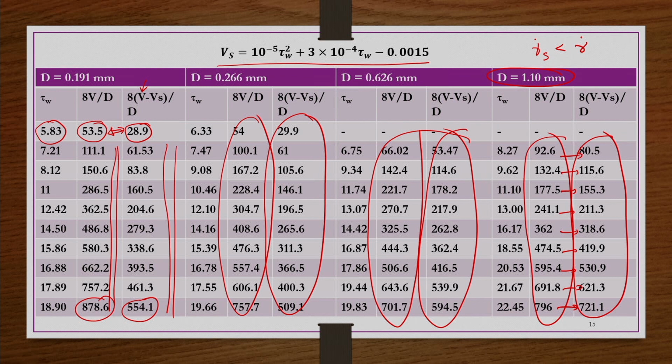So, when you increase the diameter, the wall slip effect may be reduced, but if you go to larger capillaries, then shear stress may not be constant from the wall to the center of the capillary, or the difference in shear stress or shear rate from the wall to the center may be larger. Because of that we have to go for the narrow capillary, and then accordingly make a correction for the wall slip effect.